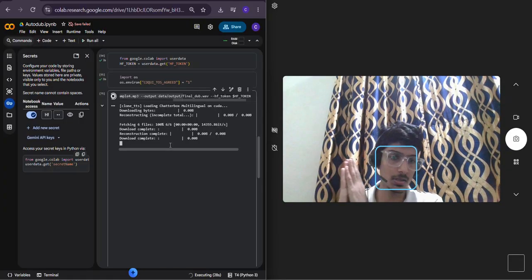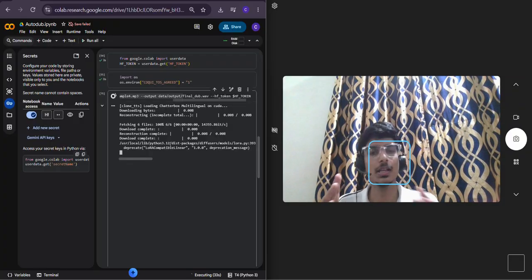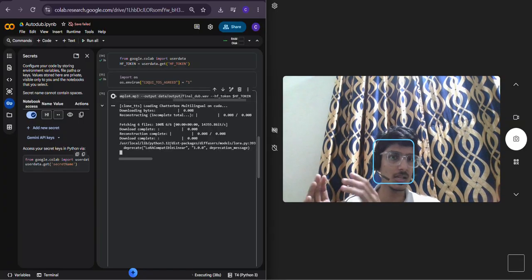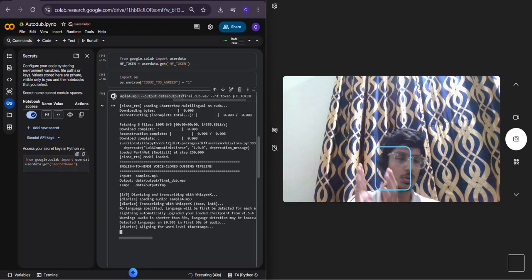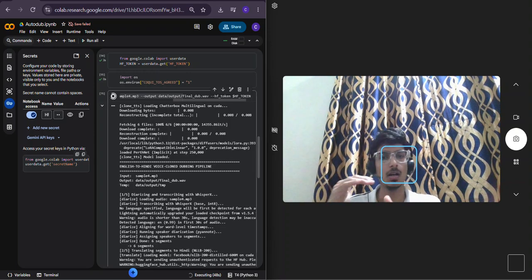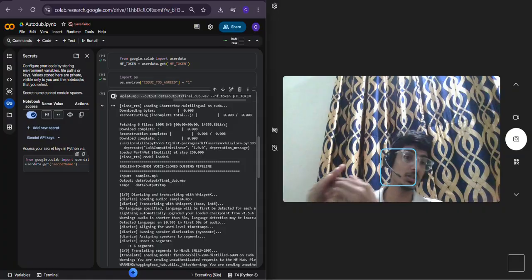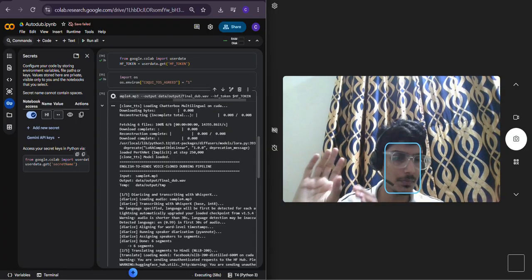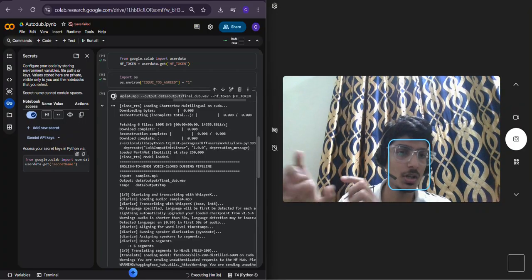What is happening here is, it is first running a speech to text model, converting the speech into text. Then it will run a smart translation. By smart translation I mean it takes what speaker A said, how long they spoke, and what speaker B said, how long they spoke, and translates them in a manner where the translation is very smooth. So it feels like it was actually dubbed, not just translated. It is dubbed into a different language. For our example, we are translating it from English to Hindi.